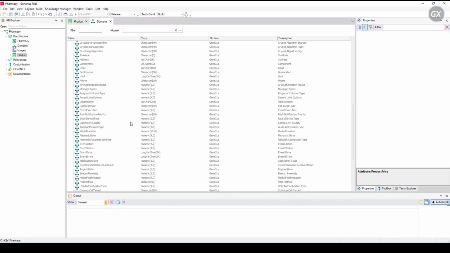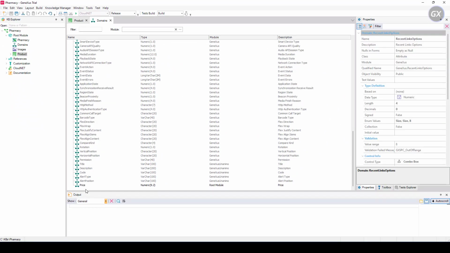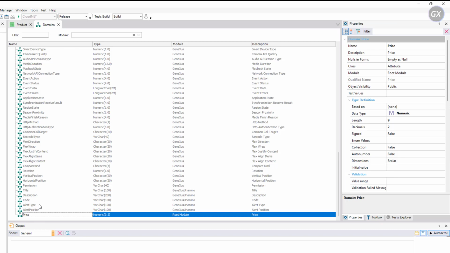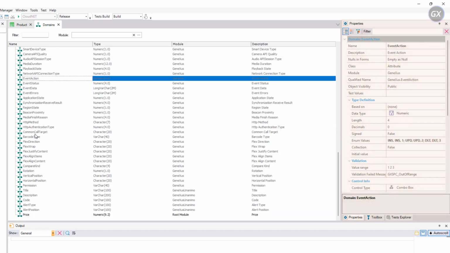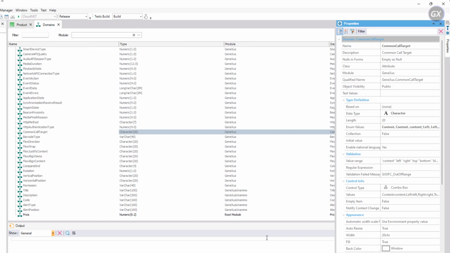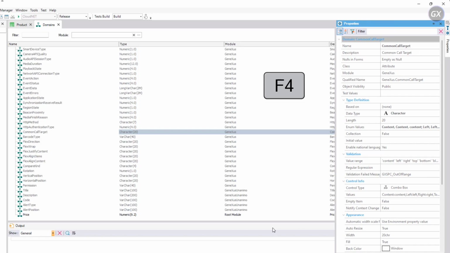As you can see, GeneXus creates some domains automatically. Given a selected domain, the Properties window is refreshed with its properties. Note that in addition to setting the data type for the domain, you can also define some other interesting properties for it. The properties window will be refreshed every time you select another attribute, domain, object, etc., with the corresponding properties available for configuration in each case. If the property panel is not visible, you can press F4 to open it.